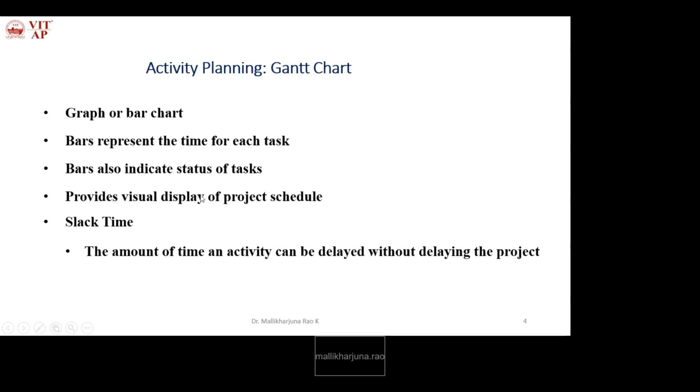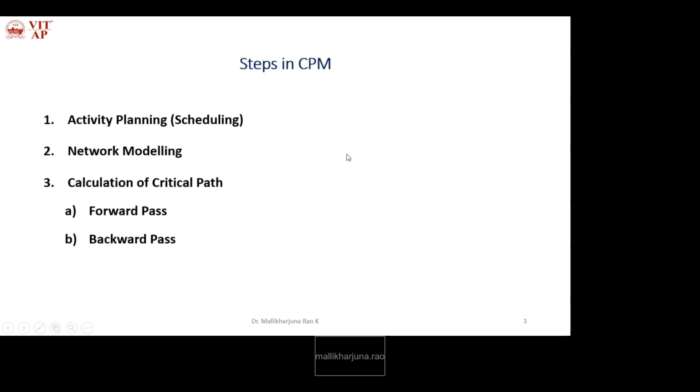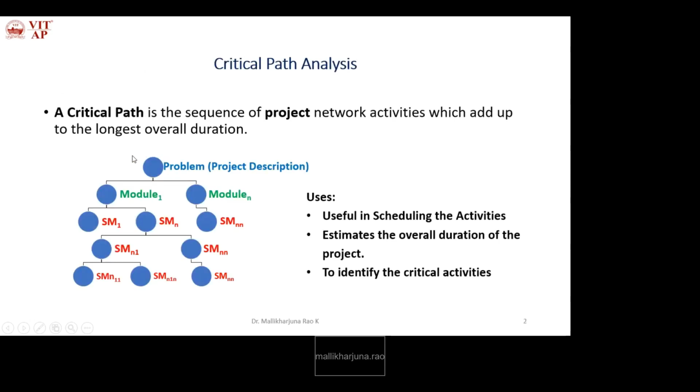That is the progress of the tasks, subtasks or the final project. It also provides a visual display of the project schedule. That is, these Gantt charts are useful to display the progress of the whole project. What do I mean by the whole project? If you see here, we have the project at a high level. This project is divided into modules, submodules, and so on. Here we are starting the implementation from the low level, that is from the bottom, and proceeding towards the top. So what happens here?